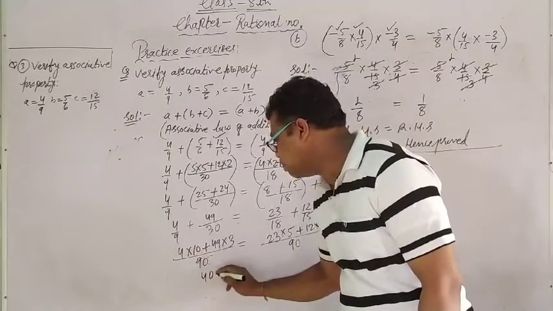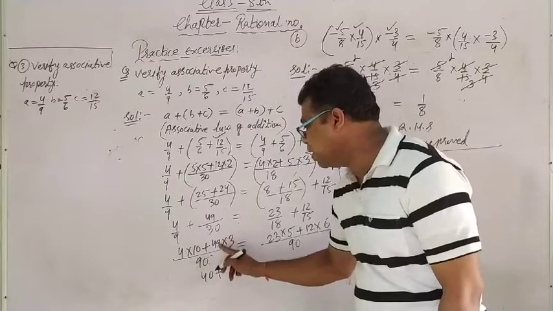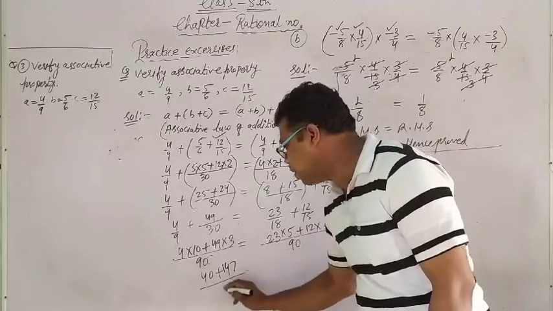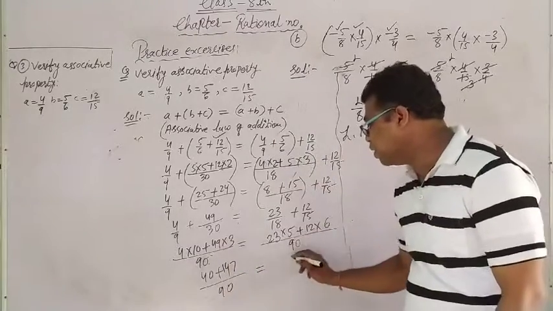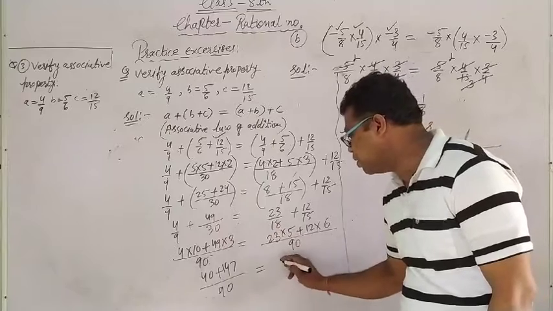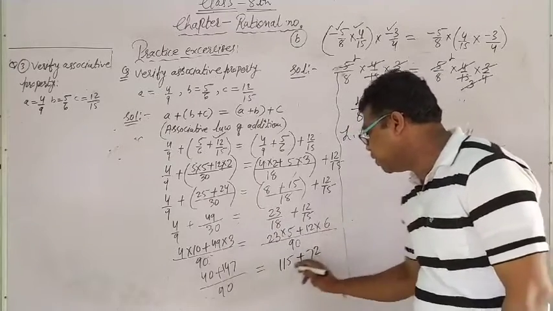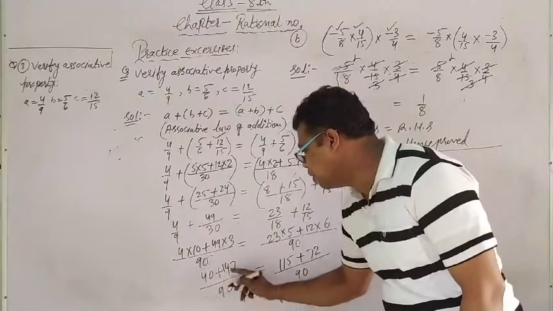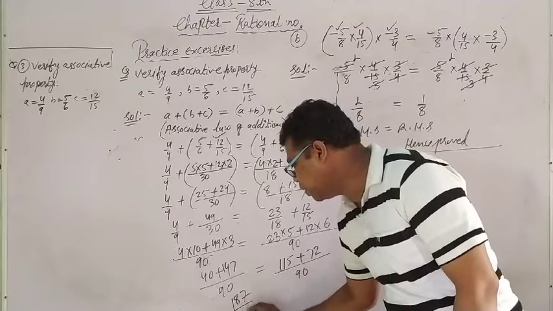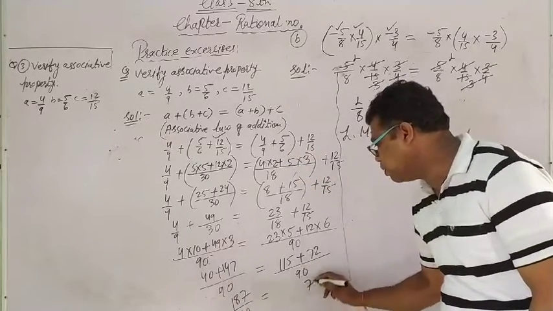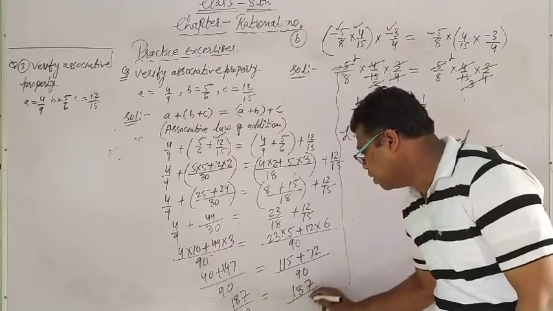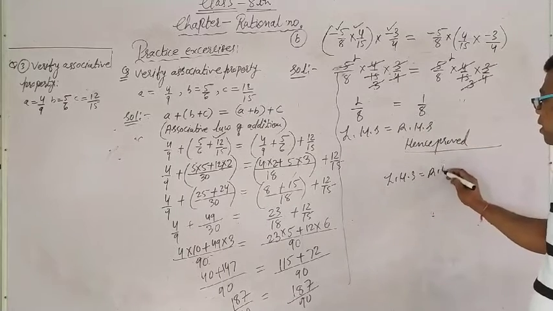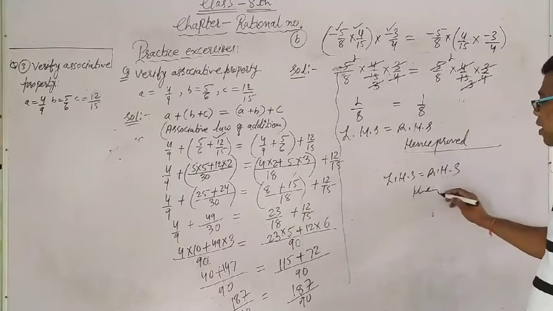10 fours are 40 plus 49 into 3, no problem. 3 nines are 27, 2 carry, 3 fours are 12 plus 2 is 14 upon 90, is equal to 5 threes are 15, carry 1, 5 twos are 10 plus 1 is 11, 12 sixes are 72 upon 90. This you add: 0 and 7 is 7, 4 and 4 is 8, 187 upon 90. Here 5 twos are 7, 7 and 1 is 8, 1 and 1. You can see the left hand side is equal to the right hand side. Both are same to same. Yes. Directly you can write down as proof.